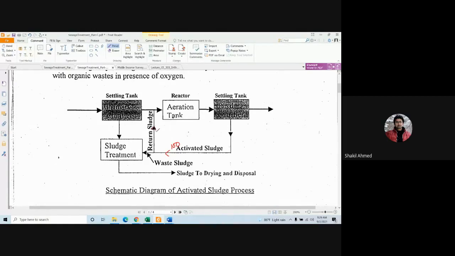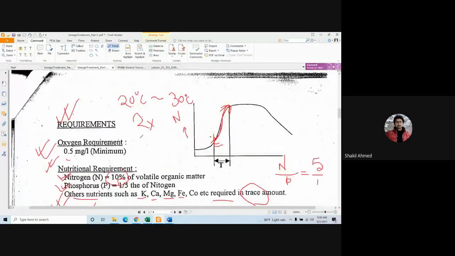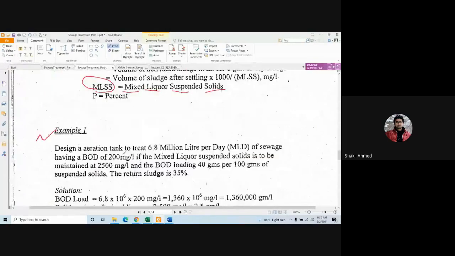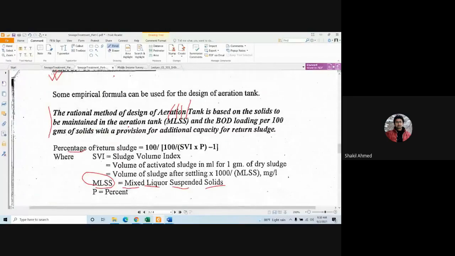You are returning 40% sludge here and 60% sludge here. So how much have you returned? 40%. Okay. So that's what they're mentioning, the percentage of return sludge,